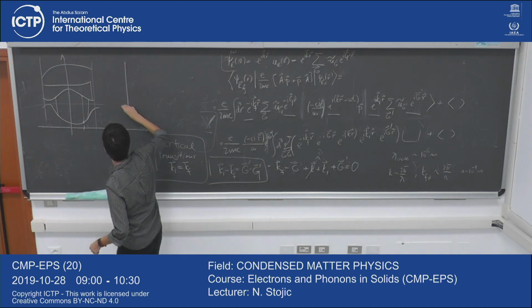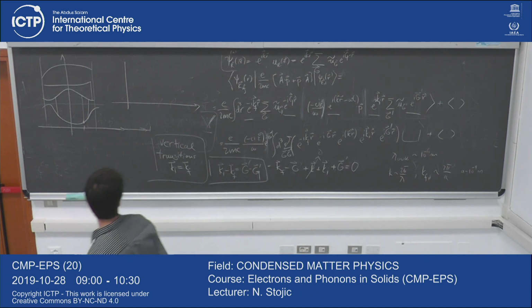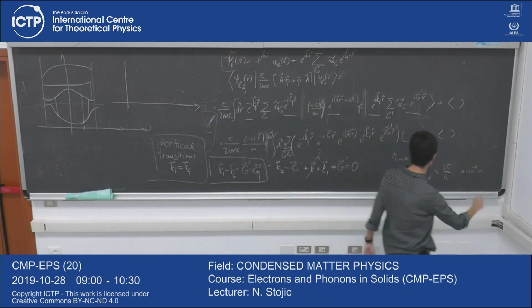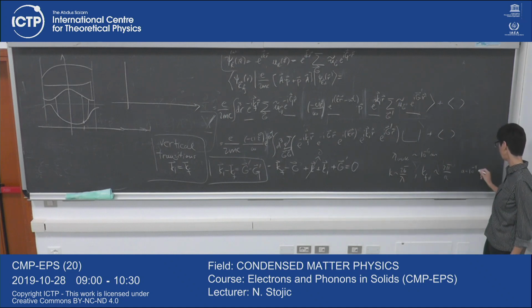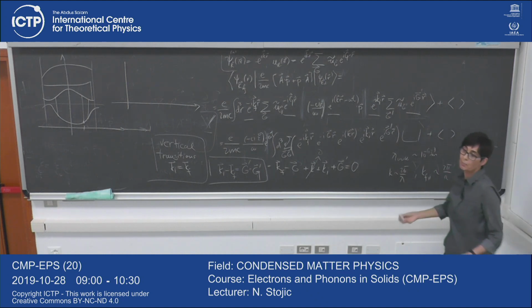I'll try to draw, yes. So this is for visible light. But it's actually for quite a big range, because A is 10 to the minus 9, 10 to the minus 10 angstrom. So this can even be smaller, minus 7, even minus 8. Okay. It will be up to 1%.